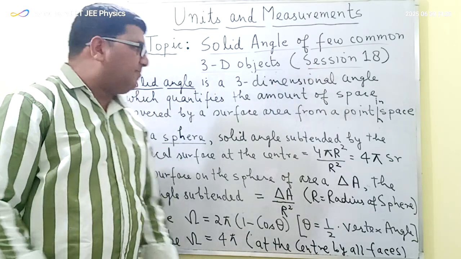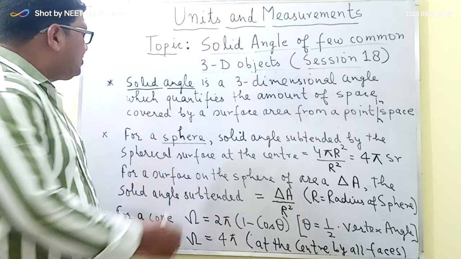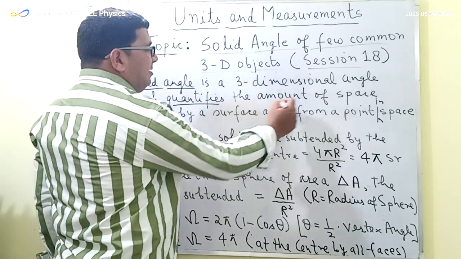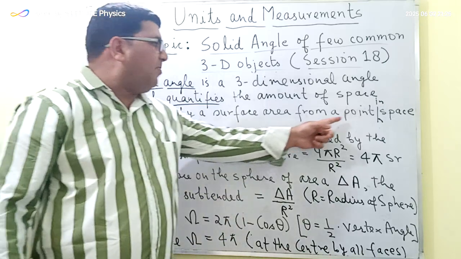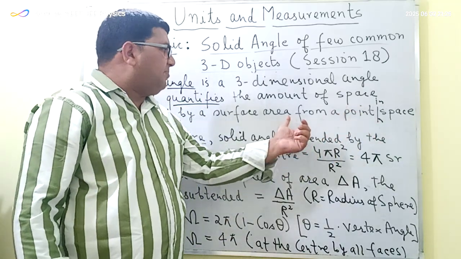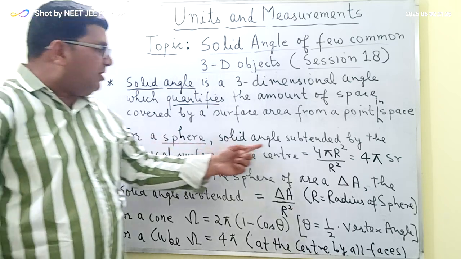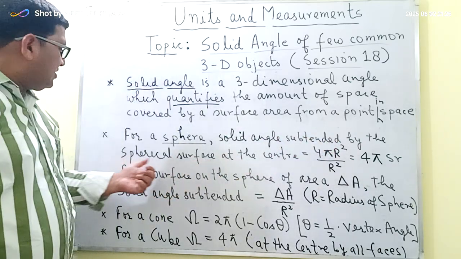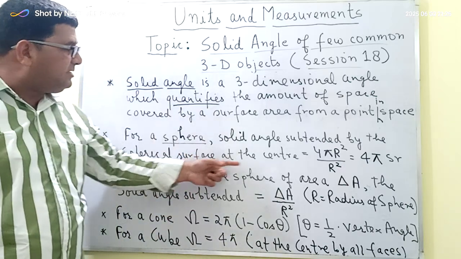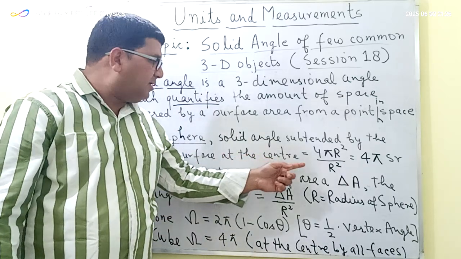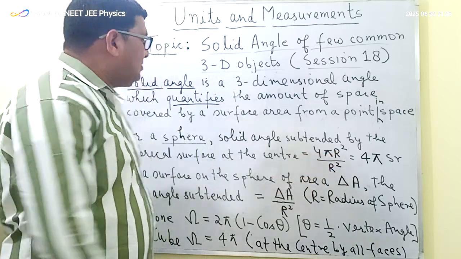the session number 17. So solid angle is basically a three-dimensional angle which quantifies the amount of space covered by a surface area from a point in space. So this is the basic definition of the solid angle. So for a sphere, the solid angle subtended by the entire spherical surface of a sphere at the center of the sphere, is equal to 4 pi r square divided by r square, because